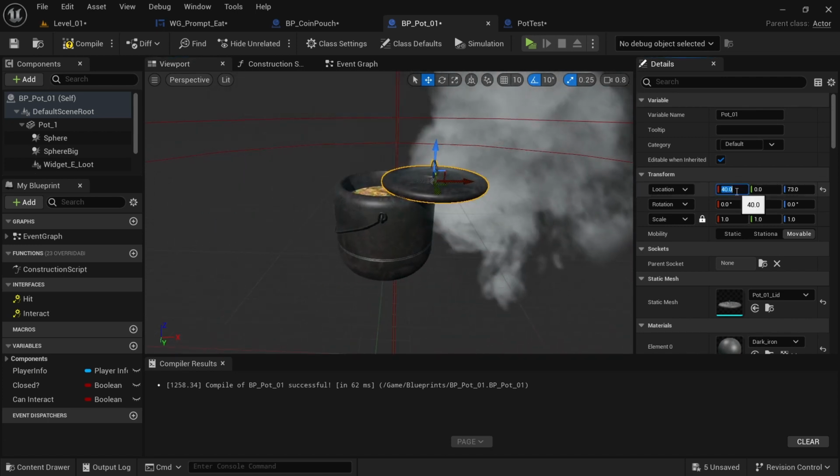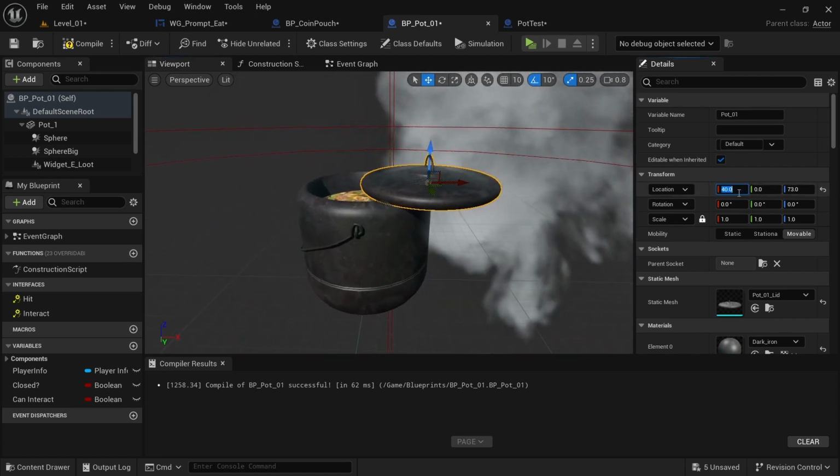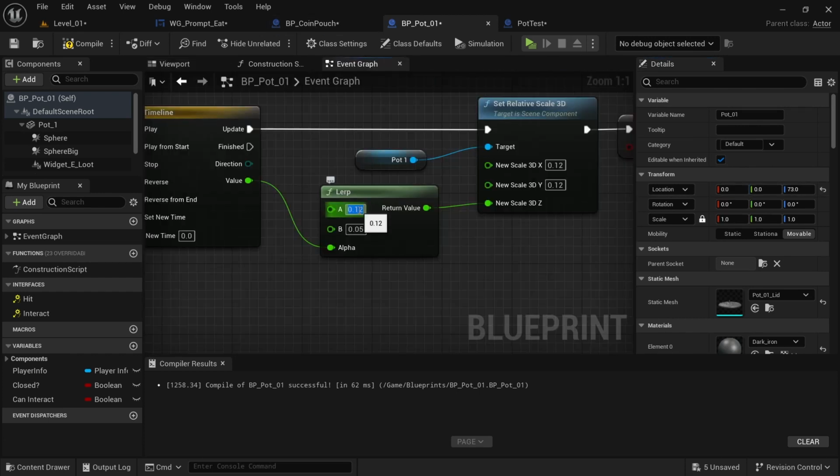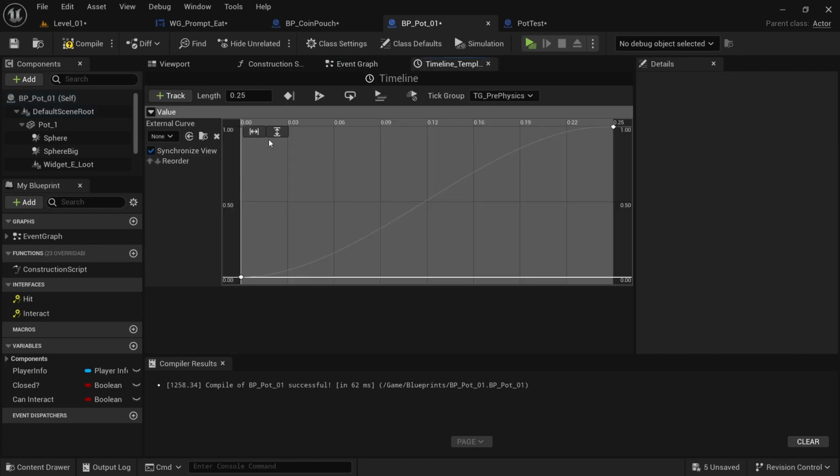I'll actually do 40. So we go from 0 to 40 on the X. So I'll turn that back to 0. So I want to go from 0 to 40. And then I also want to click on the timeline. You can see it goes pretty fast. It's a 0.25. I'm going to change that to 1. And then I'm going to click on this one up here and change the time to 1. And then I'll click these to make it look right, and just drag that down, and then compile an event